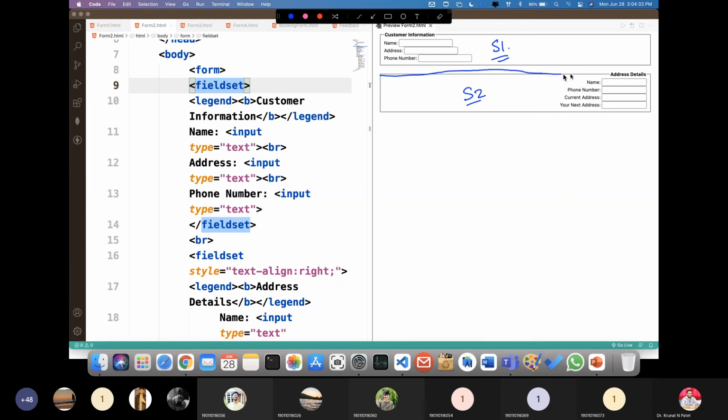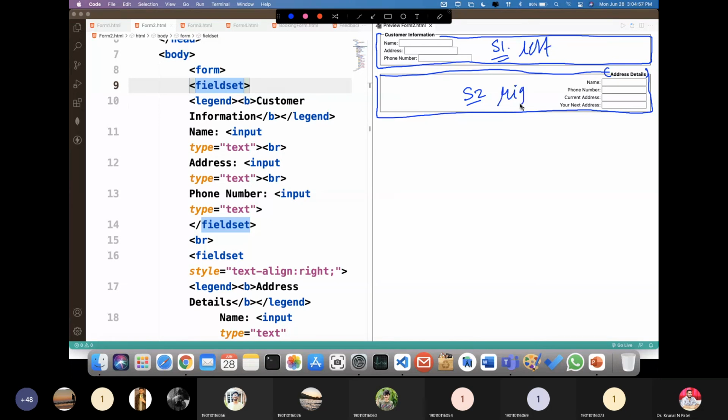A border is going to be created around your group of elements, and here it provides a name. Similarly, here there is a border for a group of elements, and it provides a name, customer information over here. After that, this is left justified and this is right justified. So you can observe the difference between these two.